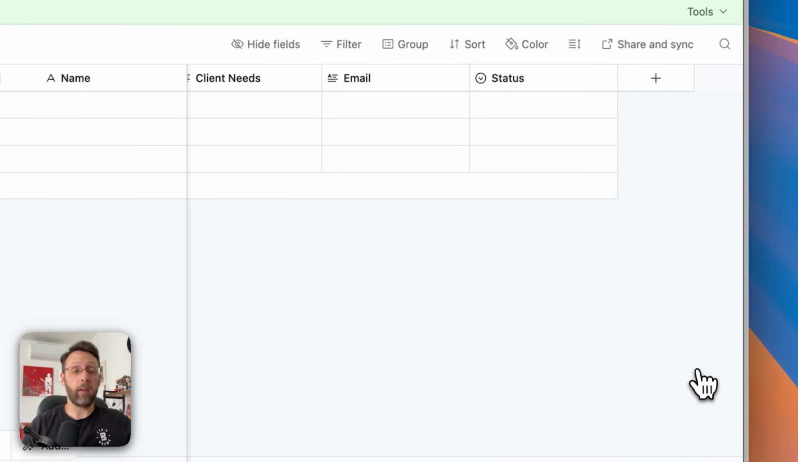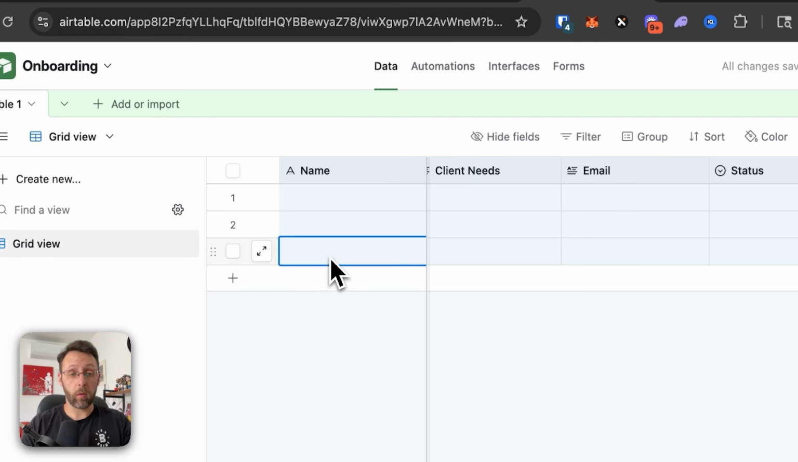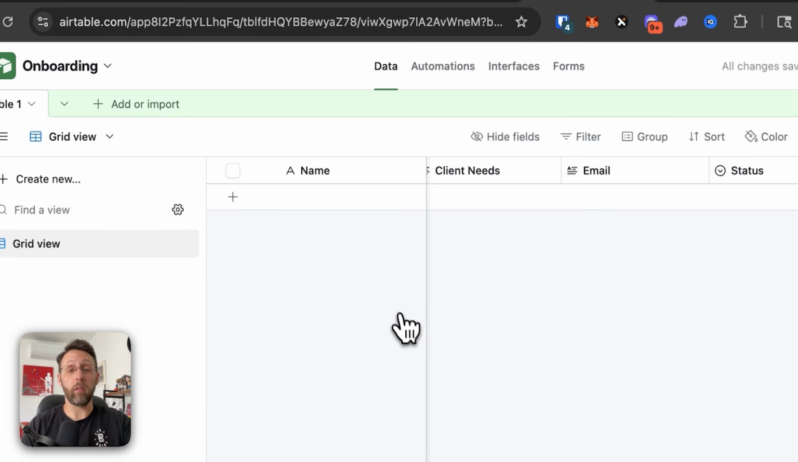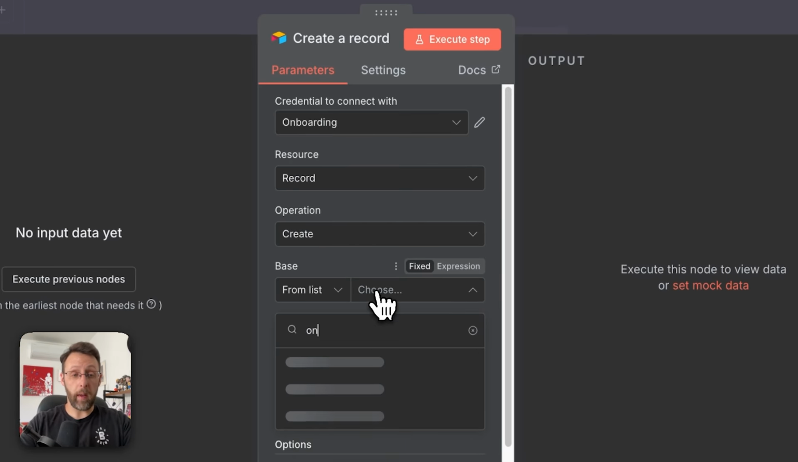So now that you know that they've signed a contract, you can have your different stages in there. And so we can just select all. I'm going to delete all these records so we can start fresh. And so now if I come back into N8N and go to base,